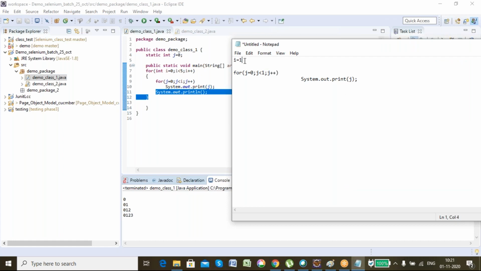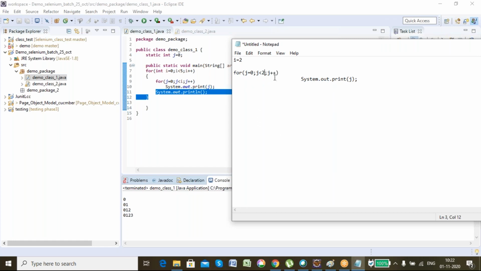Now for i equal to 2, what will happen? j will be less than 2. It will be executed for j equal to 0, j less than 2, j plus plus. The first condition is 0 less than 2, so system.out.print j prints 0.